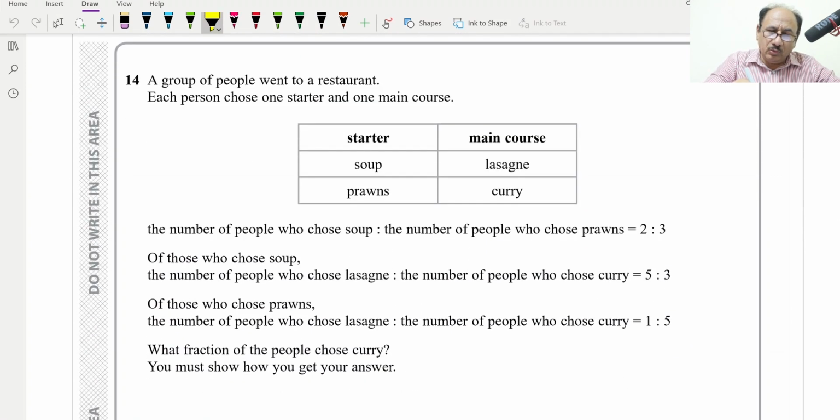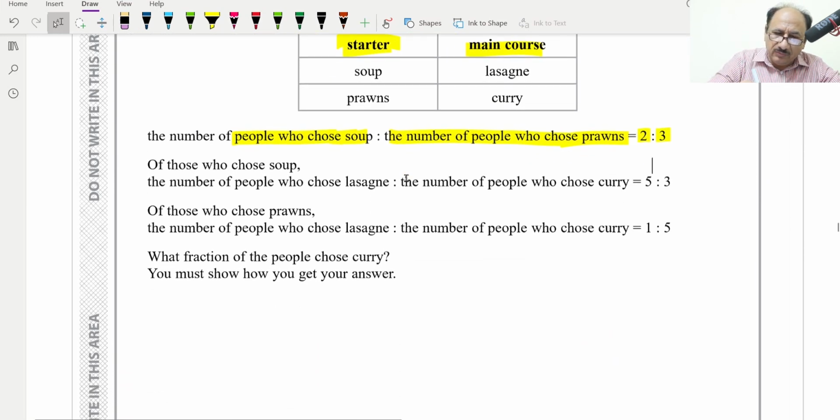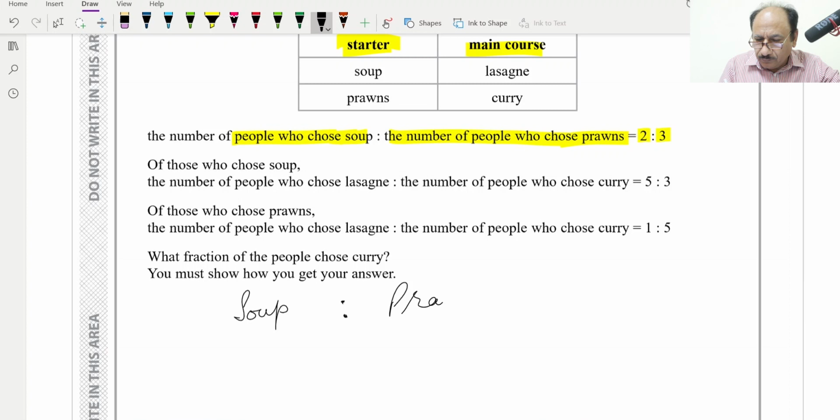Question number 14. A group of people went to a restaurant. Each person chose one starter and one main course. This is starter, this is main course. So the ratio of the number of people who choose soup to the number of people who choose prawns is 2:3. So we can write this in mathematical language: soup ratio prawns is